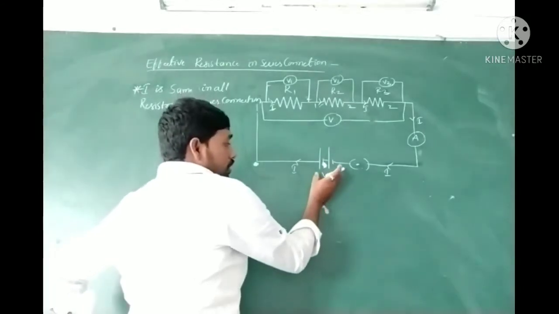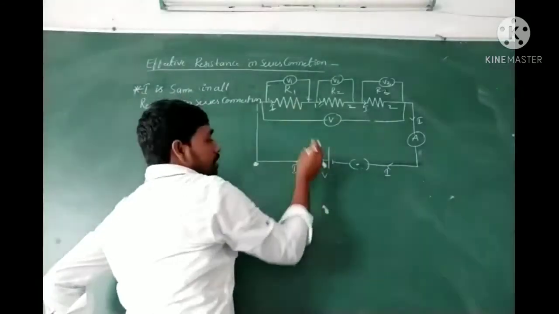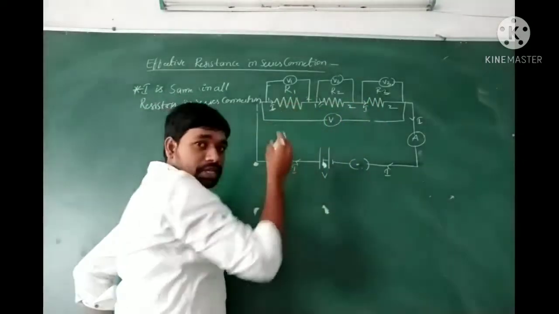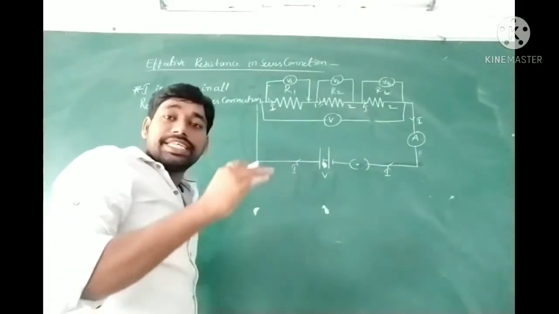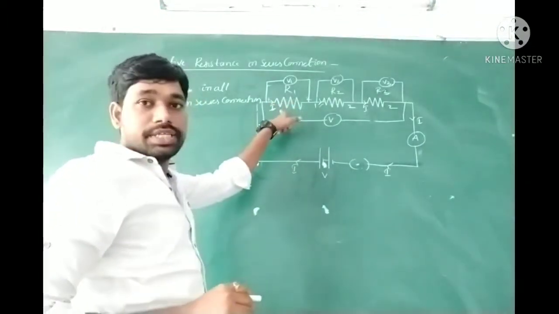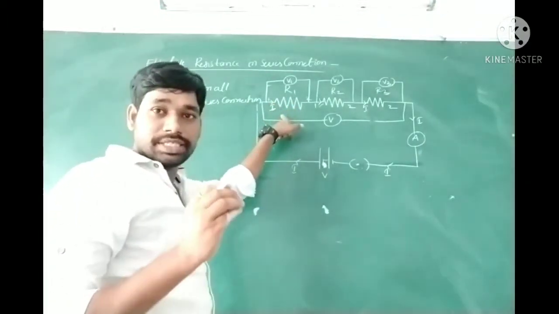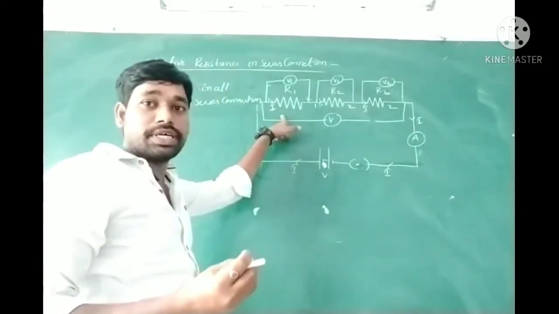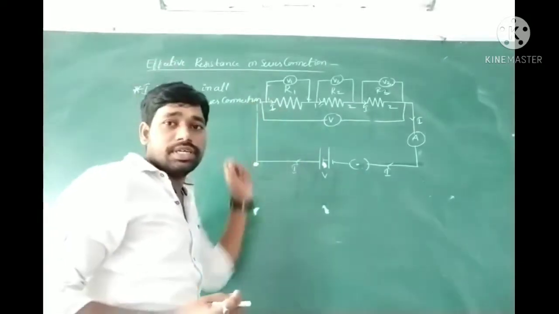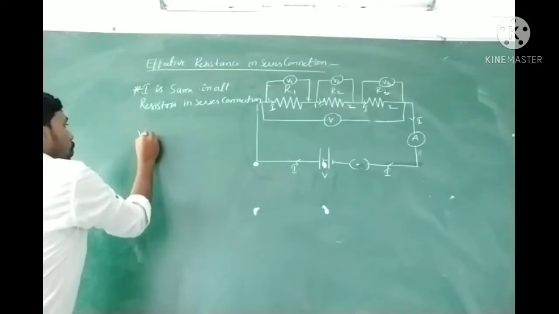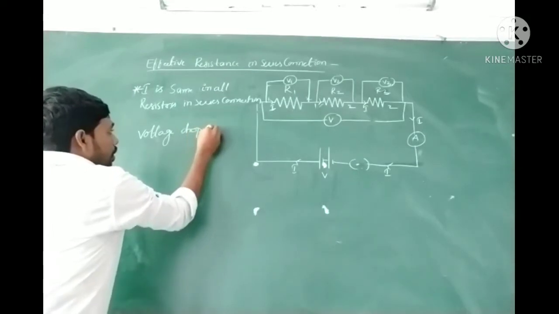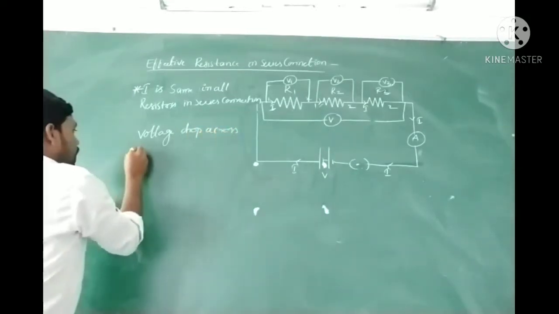Then this battery gives energy, that is potential energy, to these resistors. Then the first resistor R1 utilizes some energy and dissipates it in the form of heat and light, if in case it is a bulb. Then we can say the R1 resistor utilizes some energy, so there is some energy drop. That energy drop we call a voltage drop across R1. So here the voltage drop across R1 is